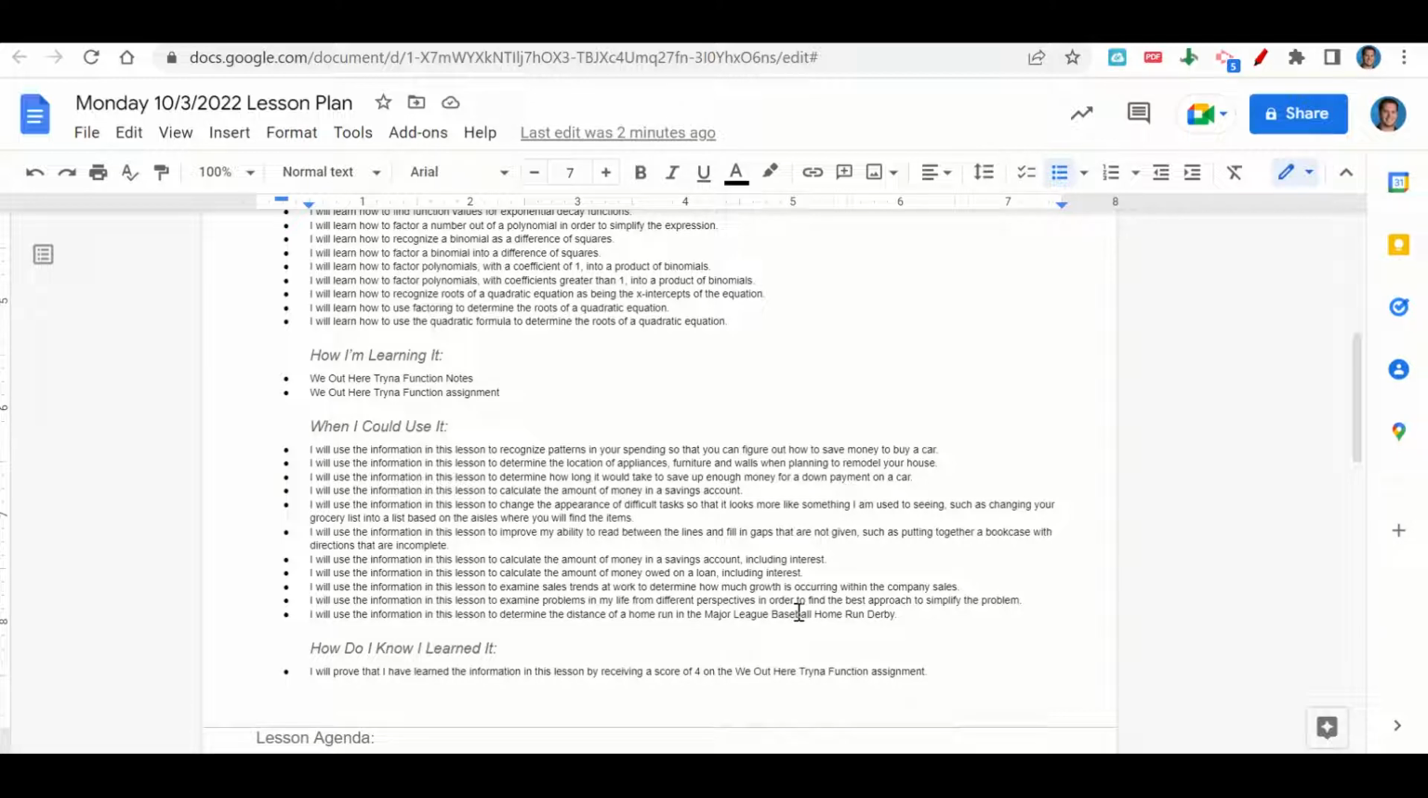it would take to save up enough money for a down payment on a car, to calculate the amount of money in a savings account, to change the appearance of difficult tasks so that it looks more like something you were used to seeing, such as changing your grocery list into a list based on the aisles where you will